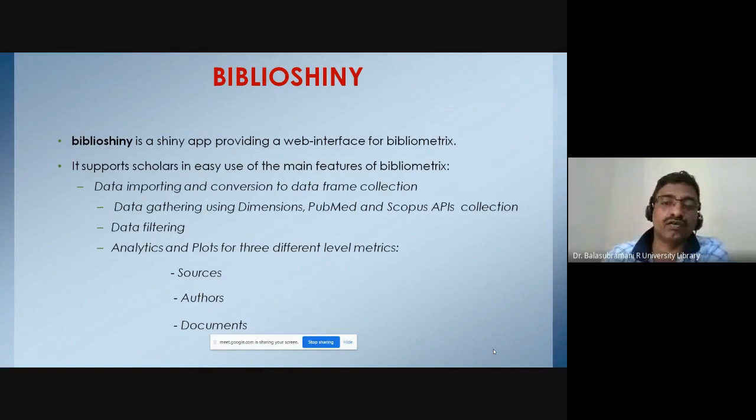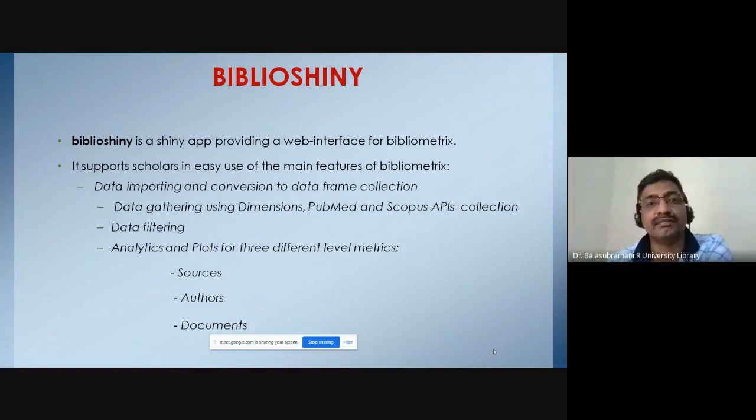Bibliometrix is a package for R programming. It provides a web interface for bibliometrics. This software allows any database, particularly Web of Science, Scopus, and PubMed.